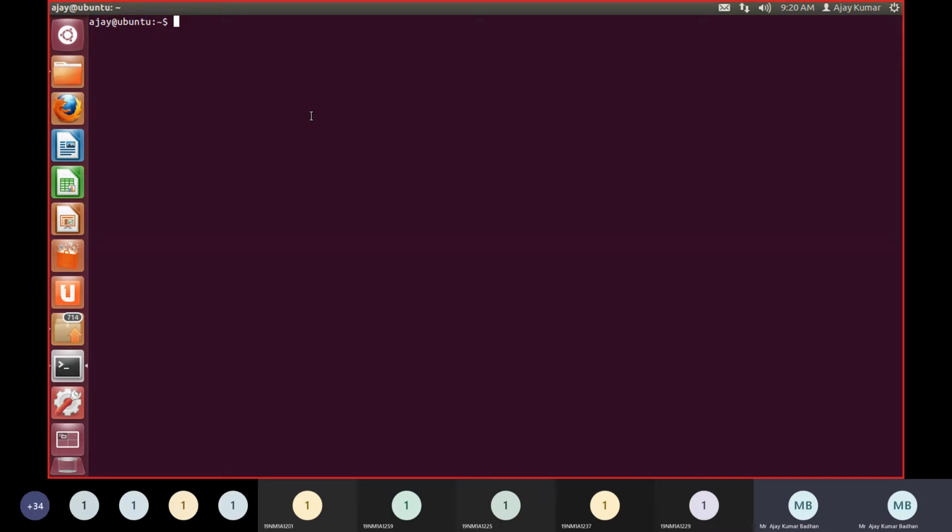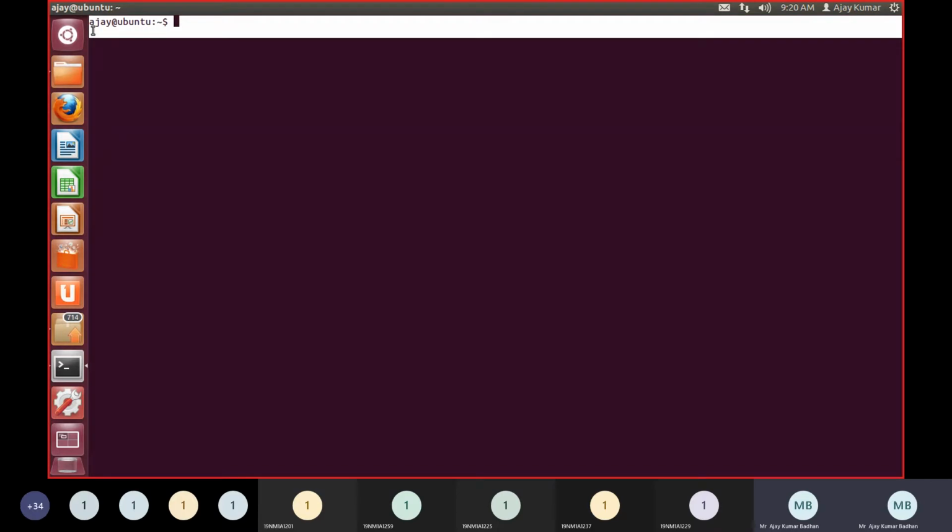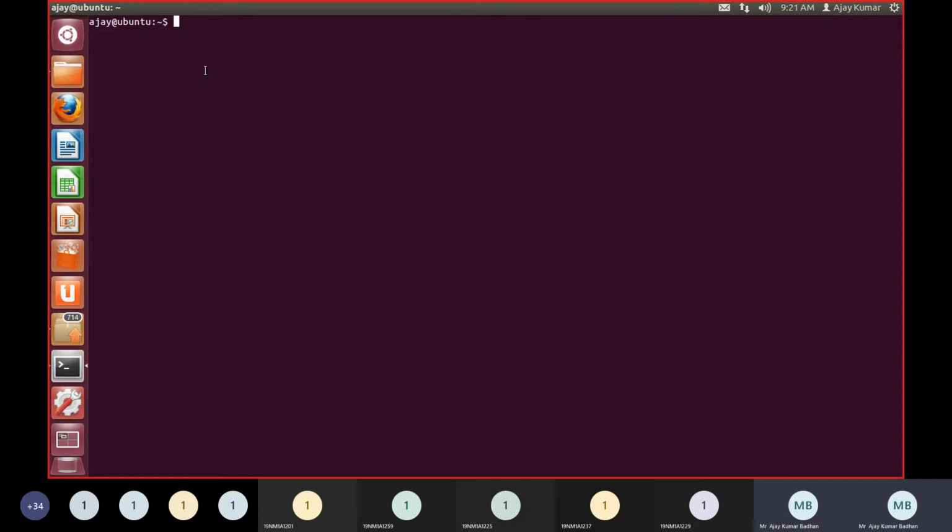By default, if you look here, you can see some information being displayed, ajay at the rate ubuntu. This is by default my root directory from where I'm going to access my files. This is the default directory from where we can get all the information. The very first thing I wanted to do here is to know what files are present in my particular directory, that is ajay at ubuntu, and within this I just wanted to know the list of directories I have.